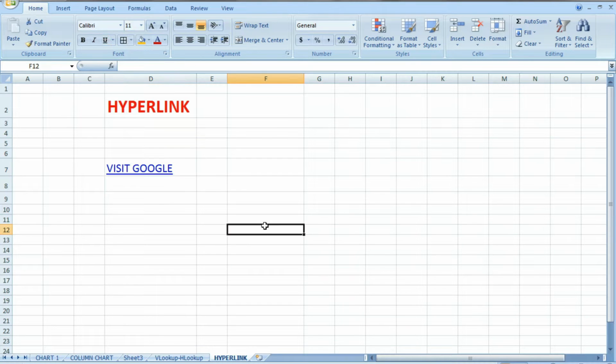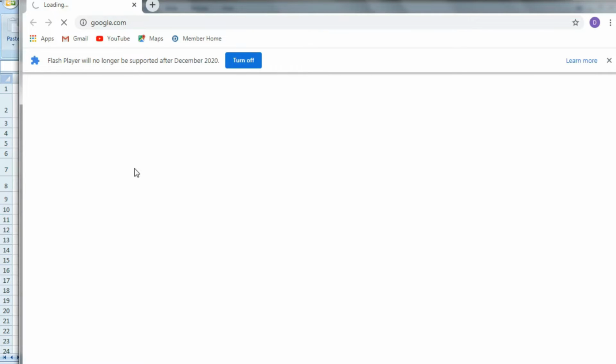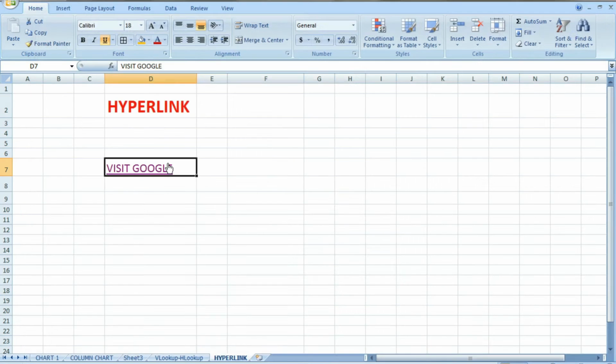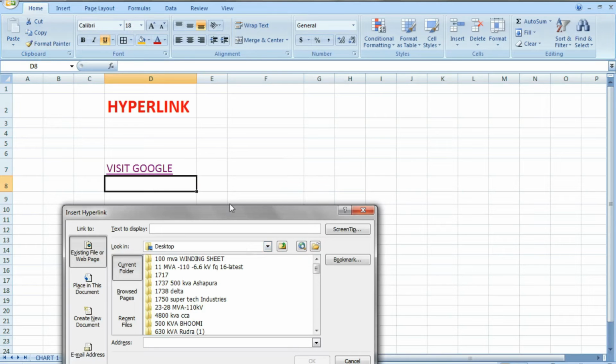See, if I click here, then I will go directly to the Google link. It is directly opening in my laptop. Suppose you want to visit Yahoo, then also you can do like this. Here you write visit Yahoo, https.